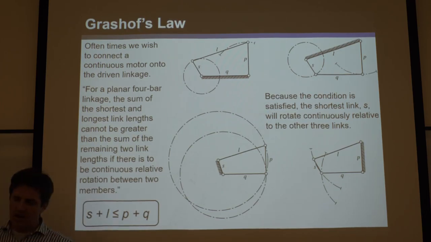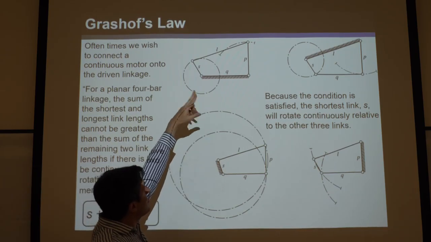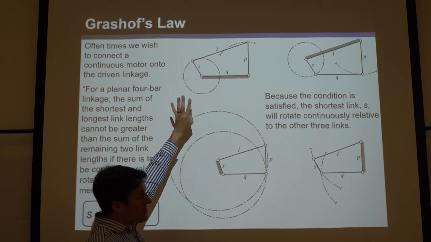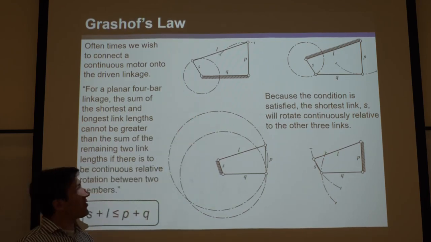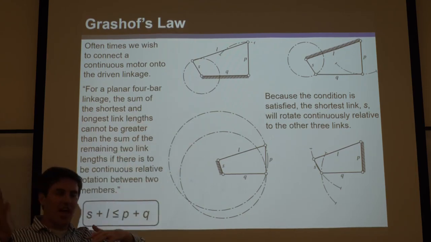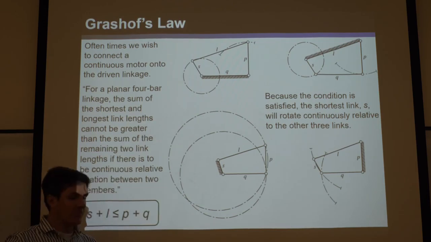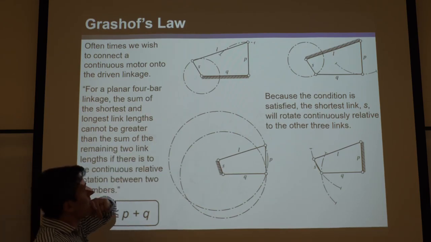And so Grashoff recognized that, and he said, okay, for a 4-bar mechanism, which is super famous, and of course a planar mechanism, what are the conditions that allow that to occur? Because you can see for this particular 4-bar, yes, that S can continuously go 360 degrees and more, and rock that P back and forth. But for different lengths of the bars, you may actually get some configuration of the 4-bar that jams, and the motor can't continuously rotate. And so he made Grashoff's law, which basically says, when you have a 4-bar mechanism,